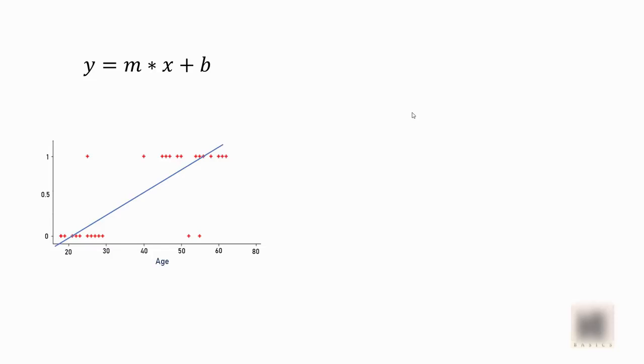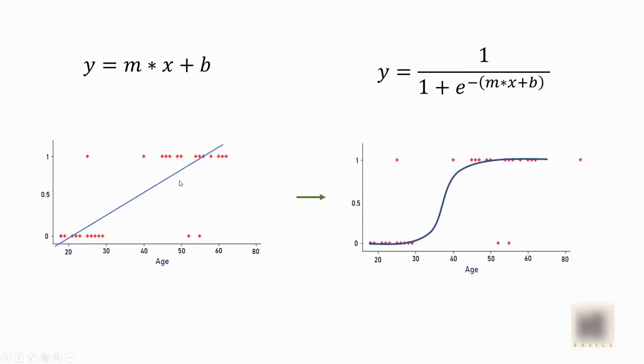Essentially, what we are doing with logistic regression is we have a line like this, which is a linear equation, and you know the equation for our linear line, which is mx plus b. All you're doing is feeding this line into a sigmoid function, and when you do that, you convert this line into this S shape. Okay, so here you can see that my z I replaced with mx plus b. So I applied the sigmoid function on top of my linear equation, and that's how I got my S-shaped line here.